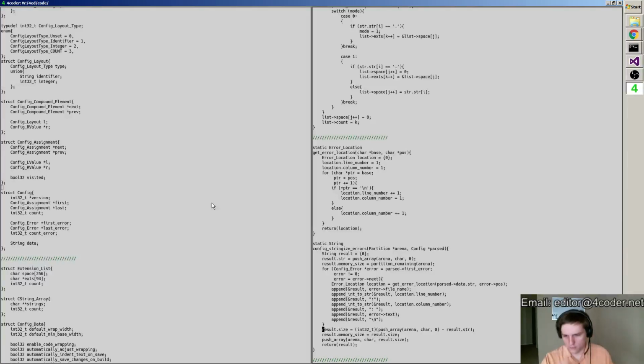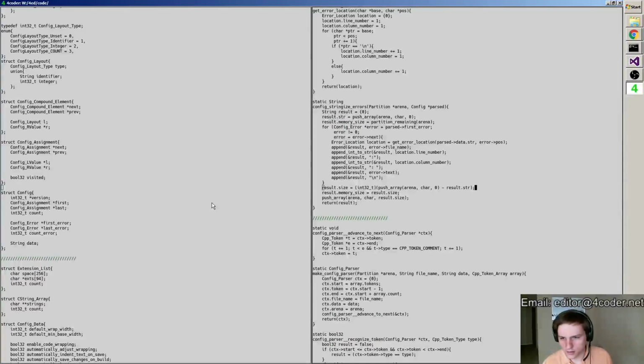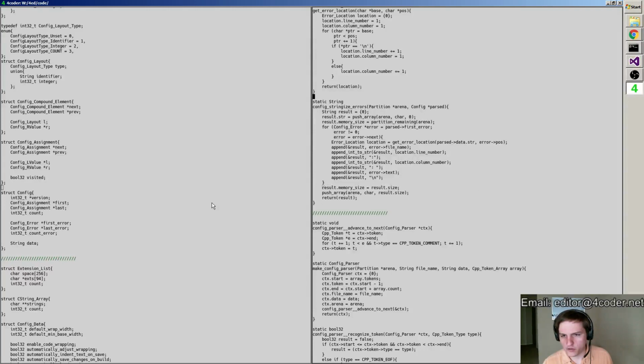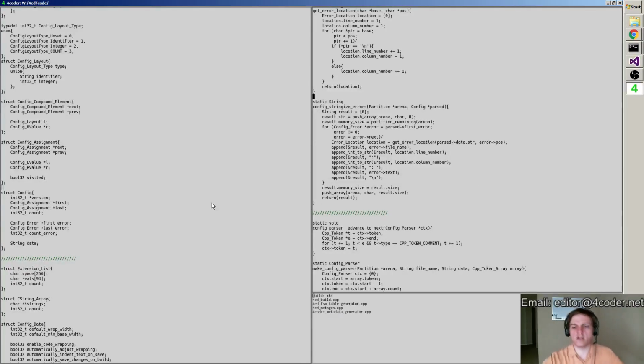Oh, I did it backwards. Yeah, I'm not pushing onto the arena. So I'm pushing onto the string and then I'm moving that change back to the arena. Right. I'm basically checking that out. Okay.